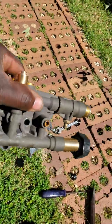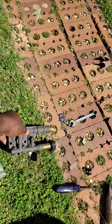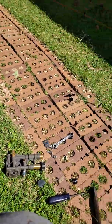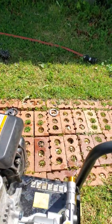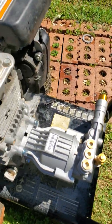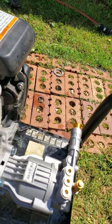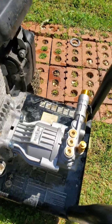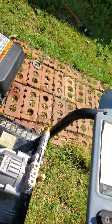They sell just this part individually, but there were different things about it, and I didn't know if it was going to be the right one, so I looked online and I saw the whole pump online. I think it was right at $100 for the entire pump. But